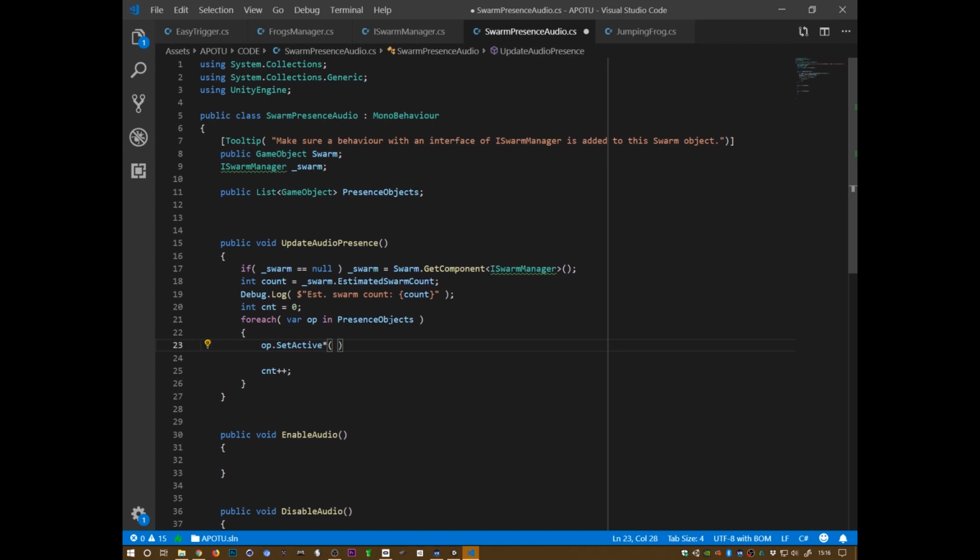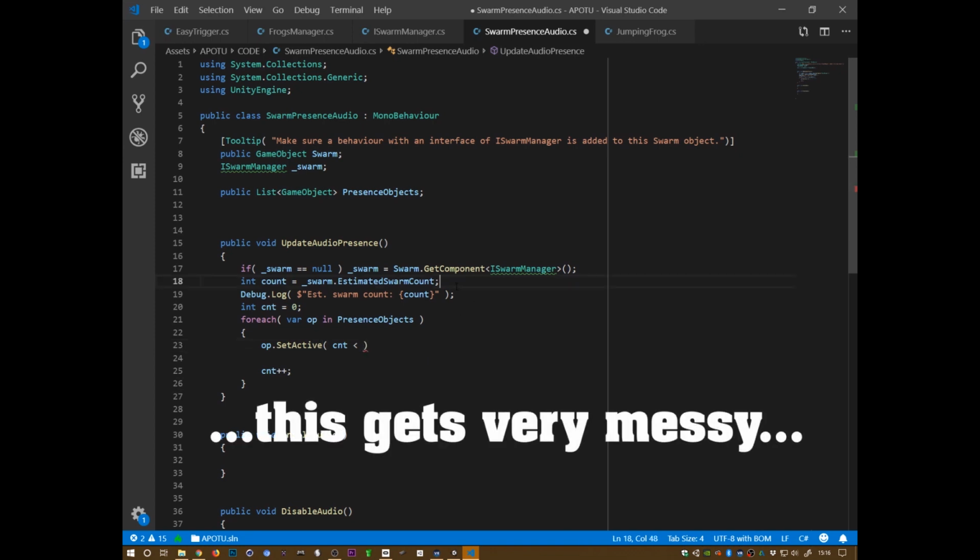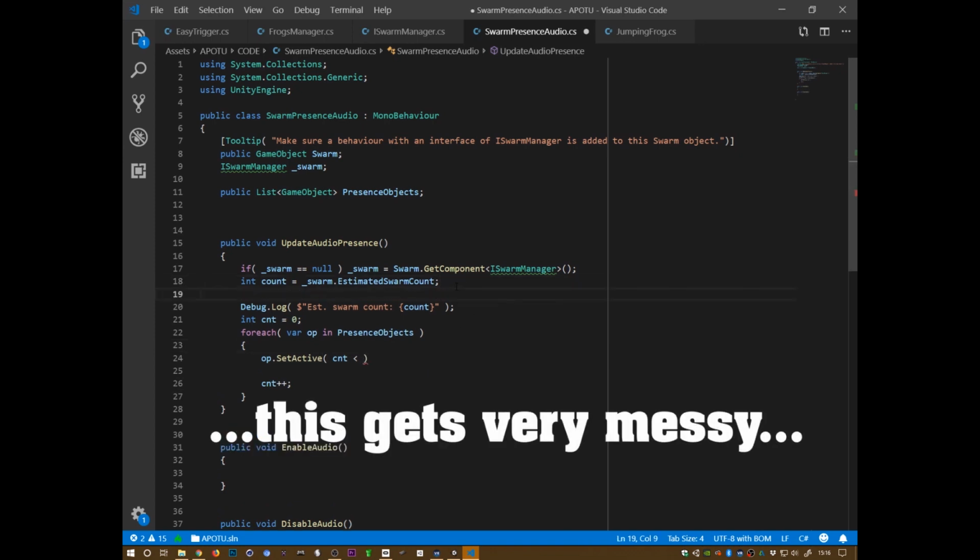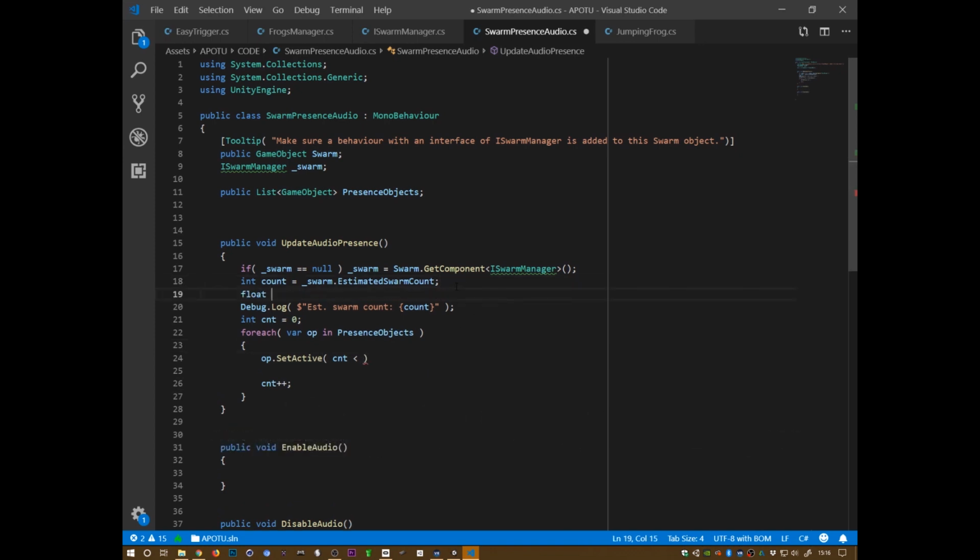Up.setActive is count is smaller than s is smaller than count divided by swarm dot, wait, I think I want a